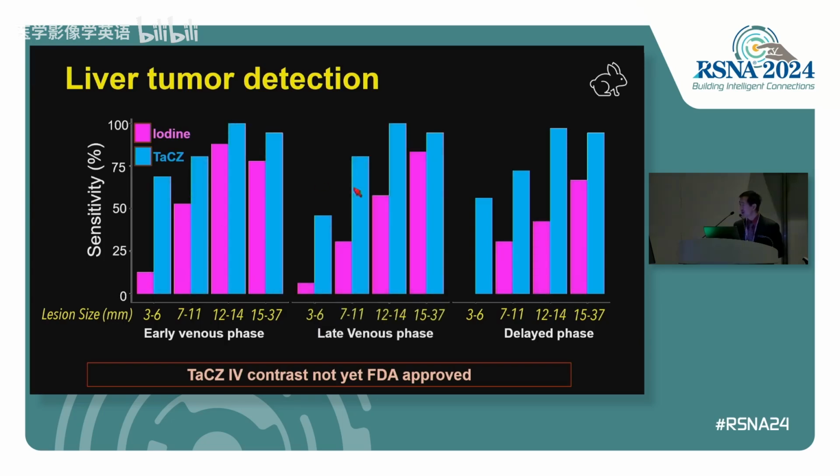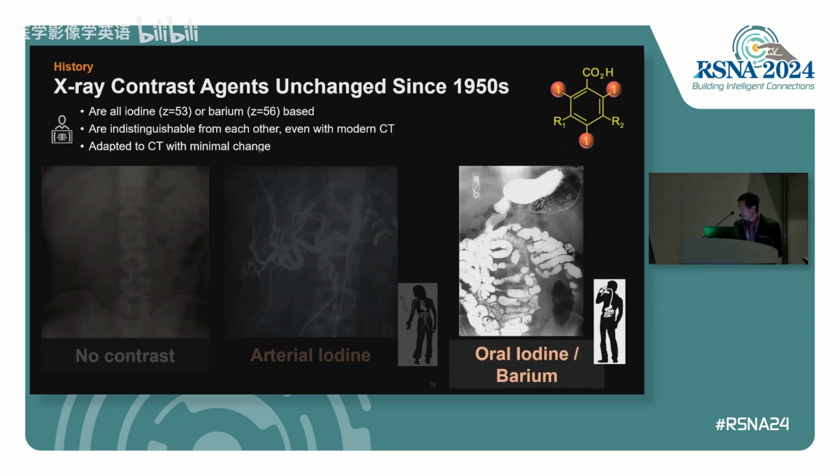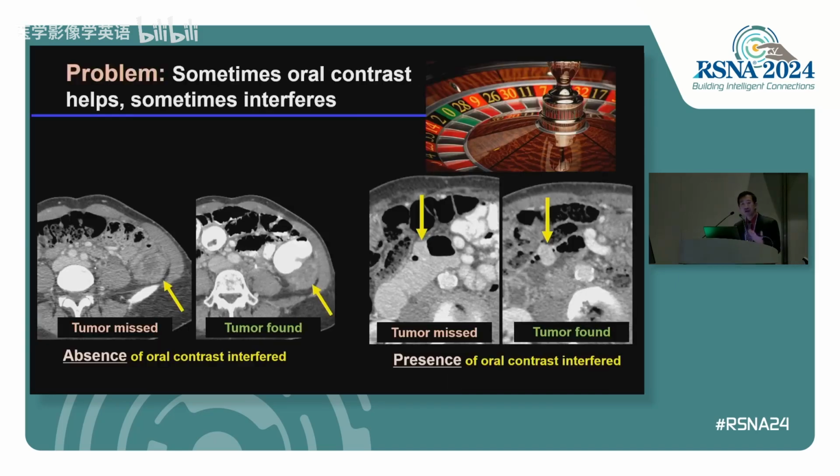And so the nanoparticle agents that last longer, rather than being dispersed into the interstitium and wasted, the contrast agent is actually doing something that we can visibly see on regular CT as well as on multi-energy CT. Now moving on to oral contrast, it's always a game of roulette because sometimes the oral contrast is so useful